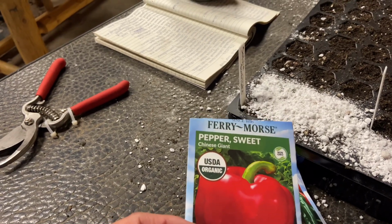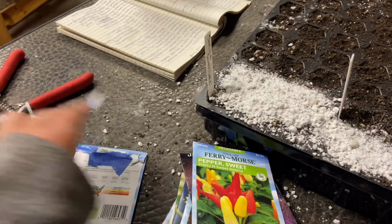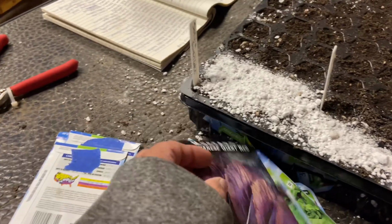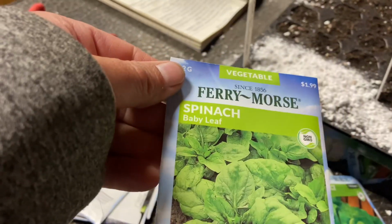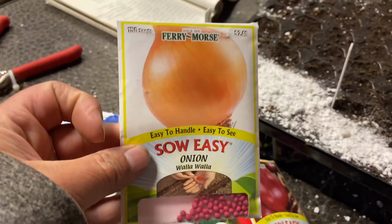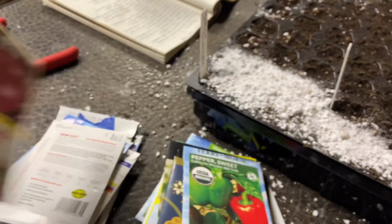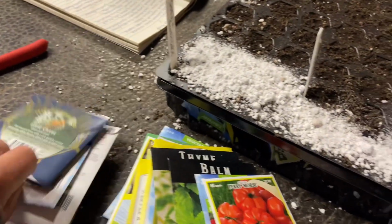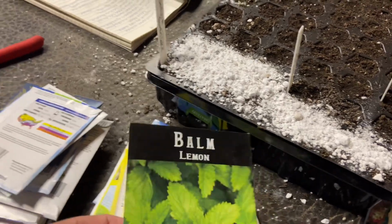So we have a Chinese giant sweet pepper. We have a hot pepper and Anaheim chili. Another sweet pepper, pretty and sweet. Japanese giant red mustard, Great Lakes lettuce, baby leaf spinach, bib lettuce, Walla Walla onions. Don't ask me why I'm starting more onions. I don't have the answers for you. Red grano onion, California Wonder pepper, garlic chives, beefsteak tomato, Better Boy hybrid tomato, lemon balm, thyme,